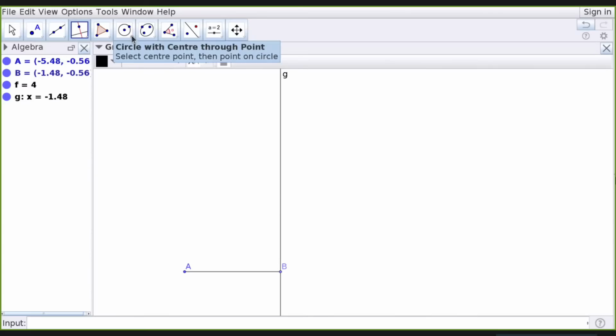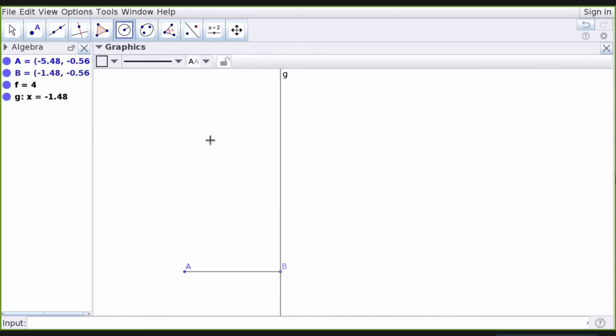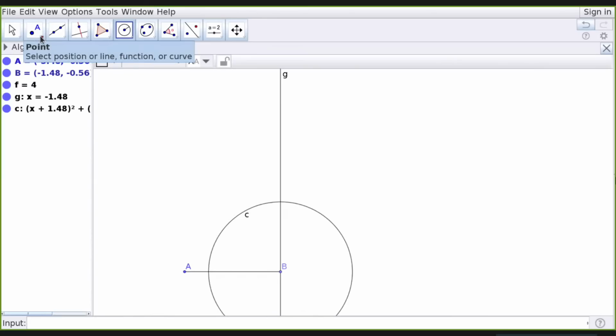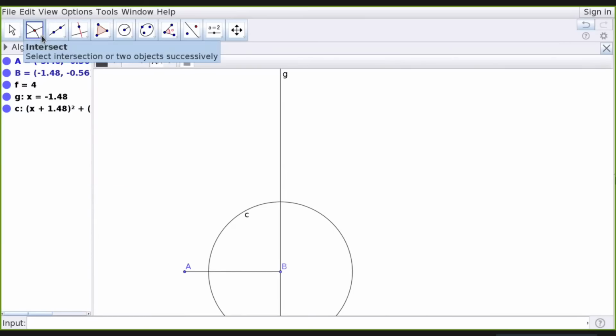For that purpose, I will choose circle with center and radius. I will click B, it will ask what radius you want. I will enter 3, and I get a circle. Then I will take the point of intersection. In the point tool, there is a point of intersection tool. I will click that, and it will tell how to use it. That is one advantage of GeoGebra.